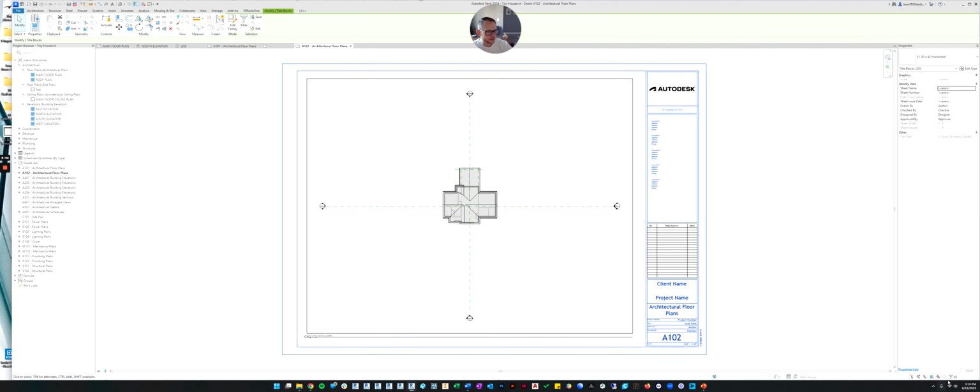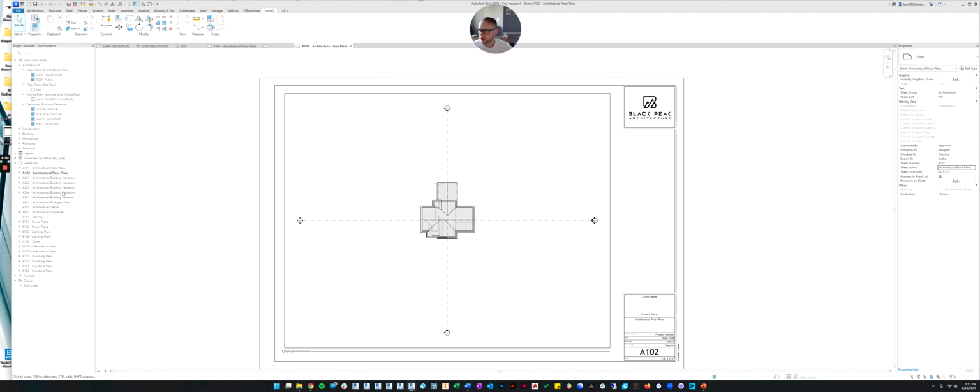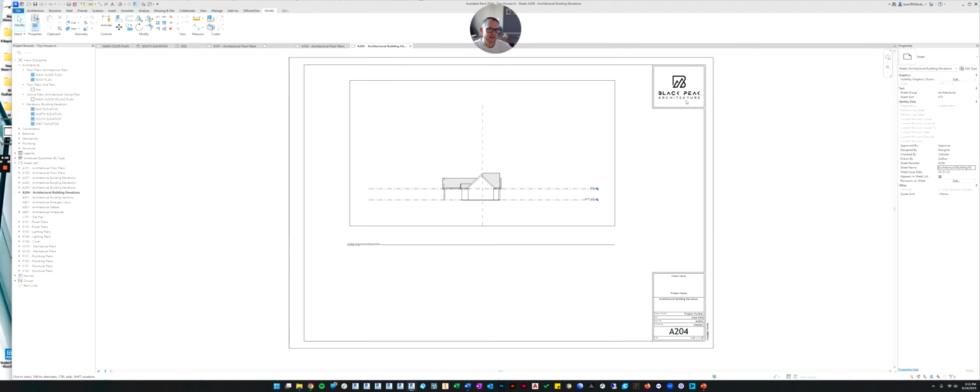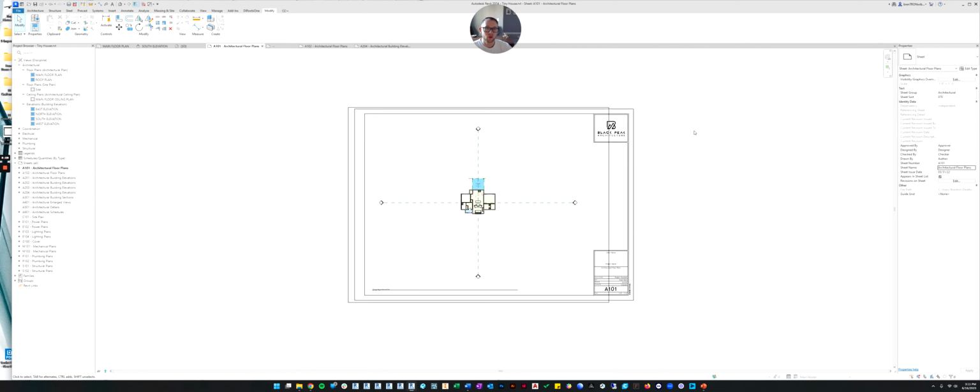And if you pick that, you'll see down here, there's 20 of these title blocks in this project. So what it did is it selected all 20. It's telling you that there are 20 of these selected right now. So if I go here and I change it here, it's going to change all 20 in the entire project. So now if I click on any sheet, you can see it's already got my title block on it. And I only had to do it once.